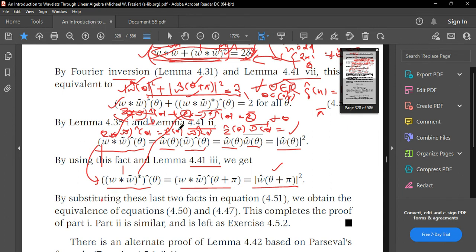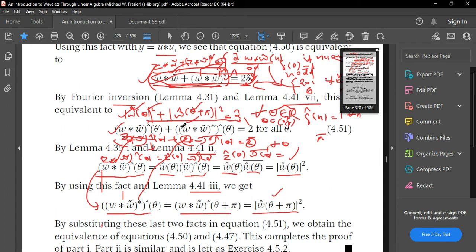Now, right hand side is equal to 0, and both these quantities will be equal to